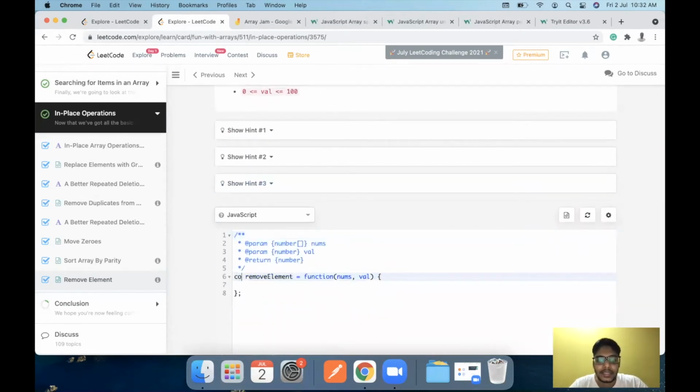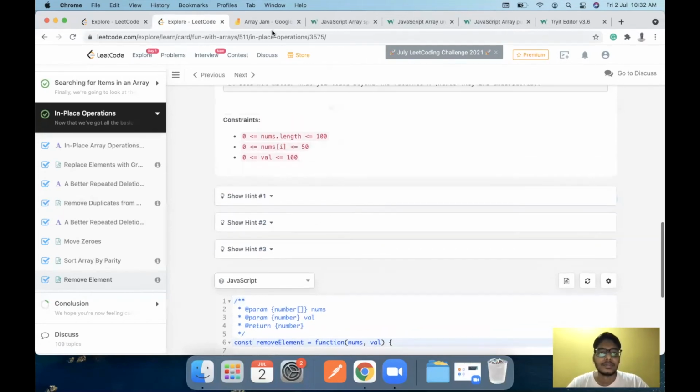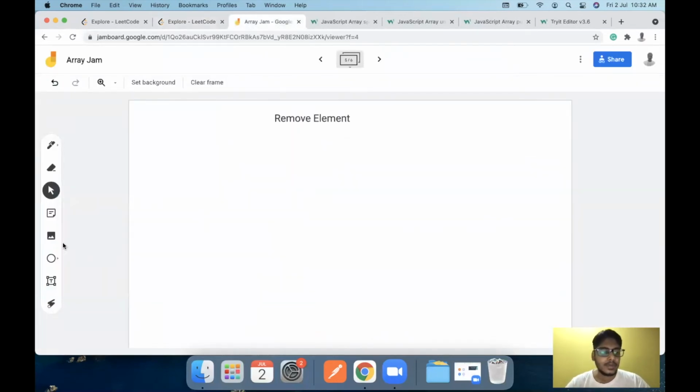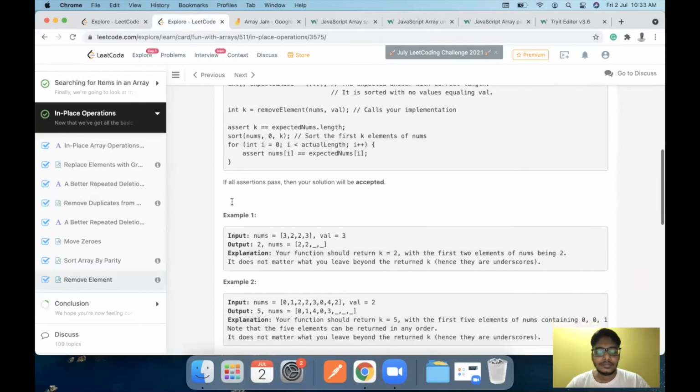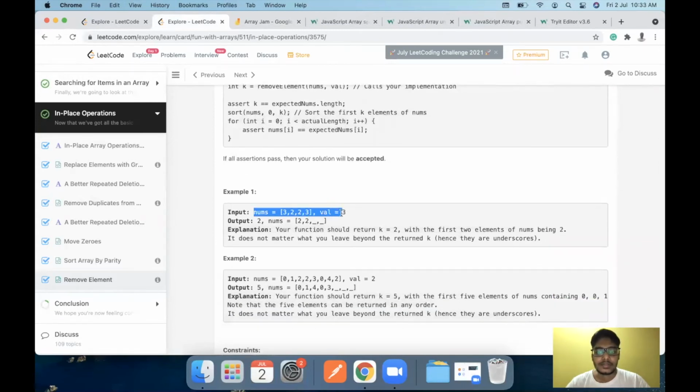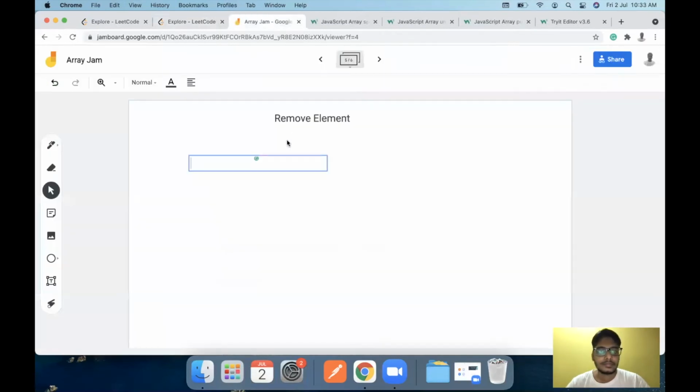So, okay, let's have a const here and let's try to build a pseudocode again. So in case of remove element, we go with the usual approach of iterating over the array once. So let's take a nums example from our problem statement, which is this one. And we can go with a for or a map loop, whichever we want, with the index and element as our loop. I hope everybody knows map as a loop.